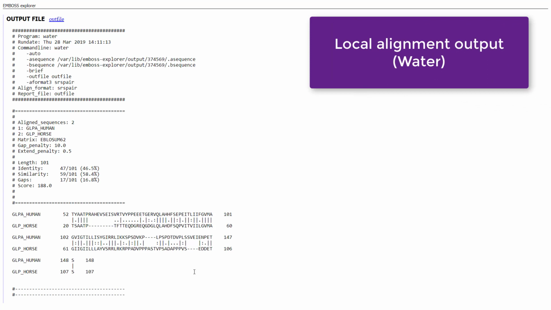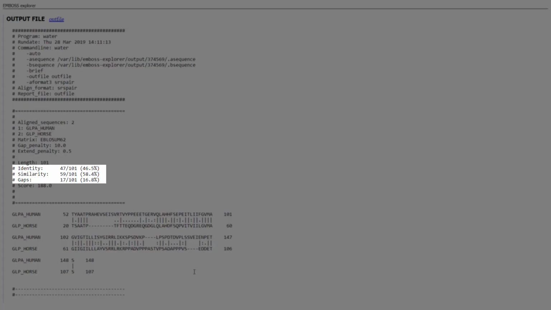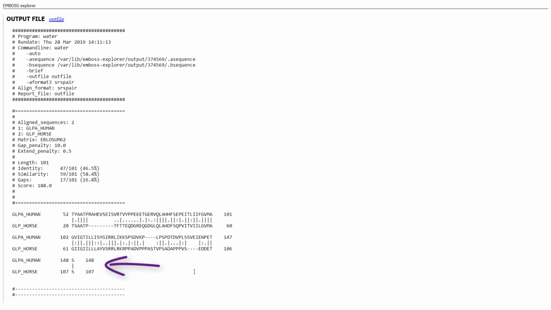More specifically, there are fewer gaps because we do not force the alignment to include the entire sequence, but just to locate the part in which the sequences most resemble one another. The percentages of similarity and identity are also higher in comparison to the global alignment. Please note that the numbers at the end of the alignment do not represent the sequence's original length anymore, as the alignment didn't include the entire sequences but just aligned part of them.